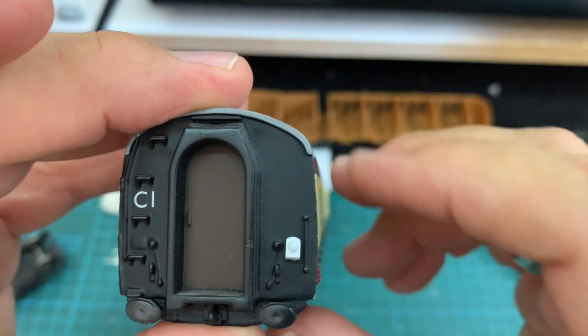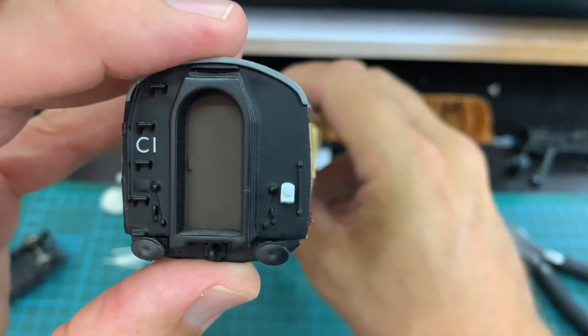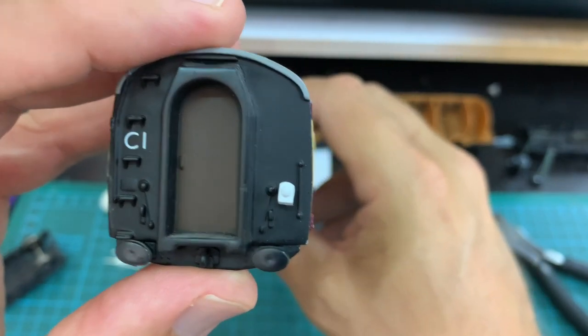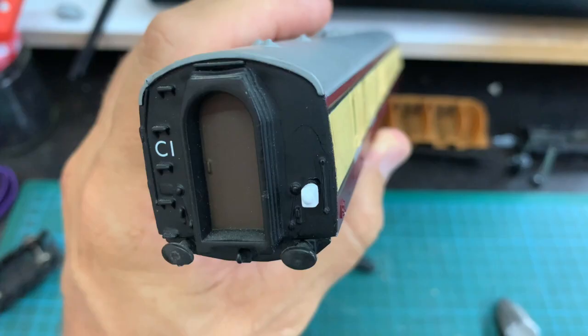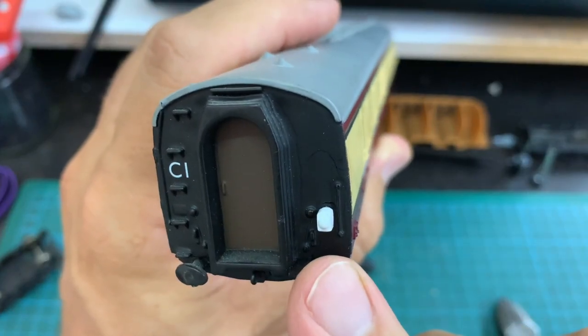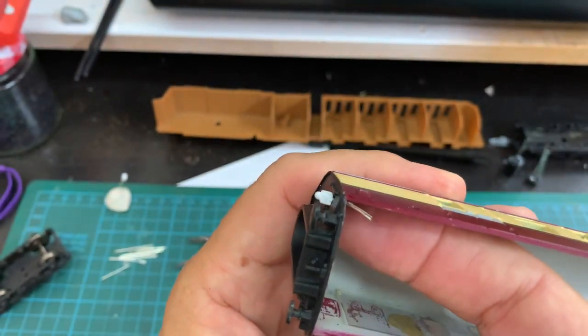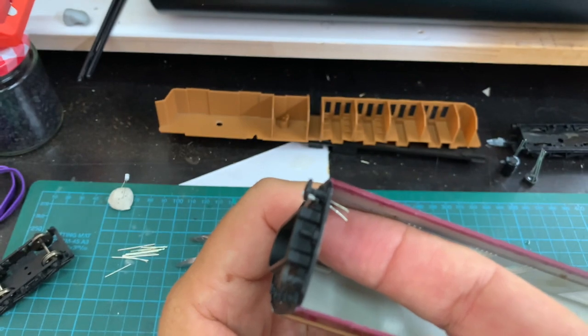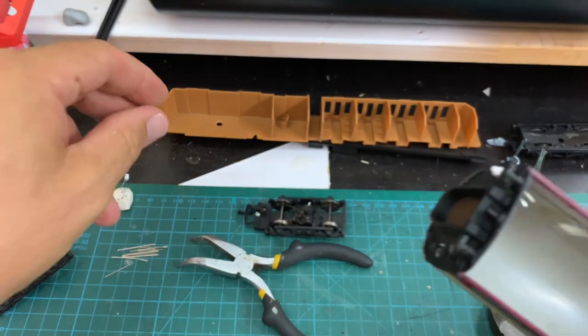Here it's between the two stays and also some extra detailing. As I say, I don't want to destroy any of that, so I just put it in where it will go. And as far as I'm concerned, as long as I've got a rear light on, that's fine. If you want to be more prototypical, then check out stock photographs and make sure you get it in the right place. However, when the wires are through from the LED, remember which one is the positive, the longer leg,